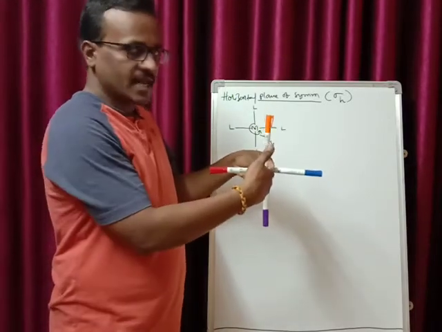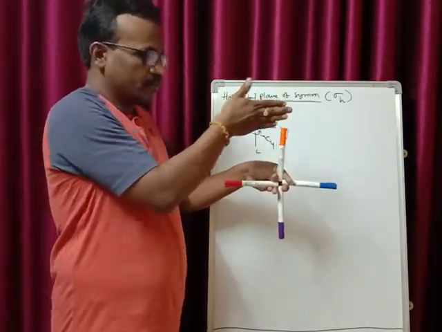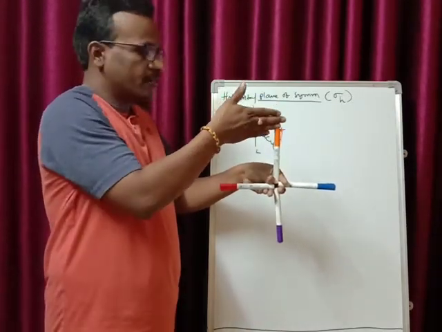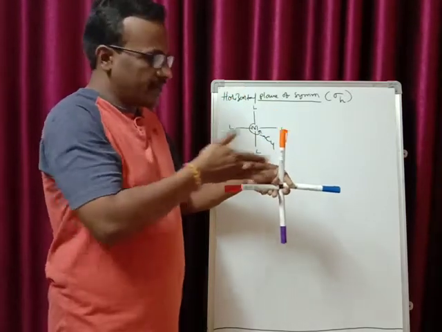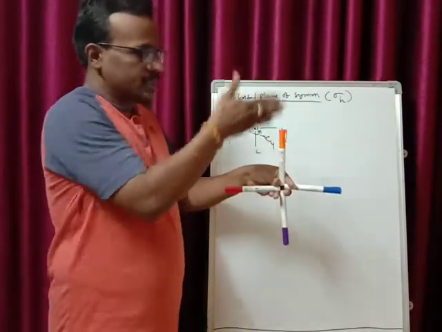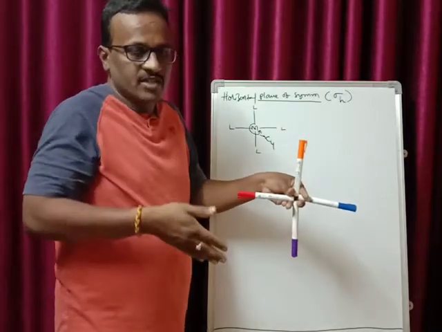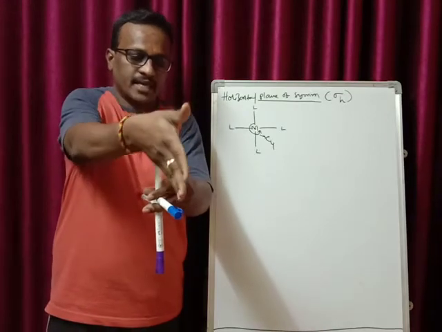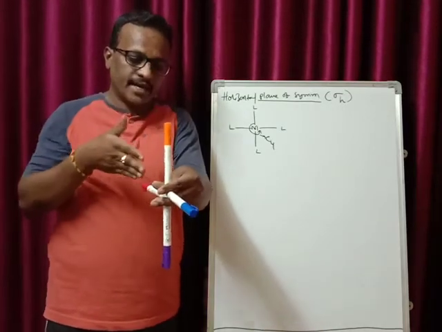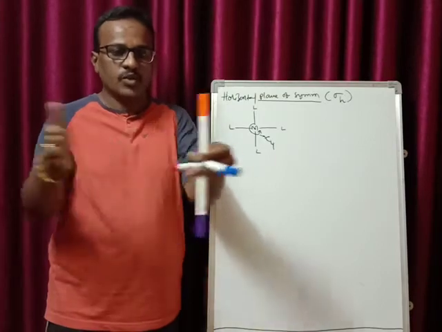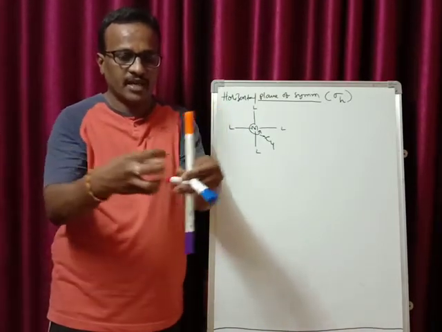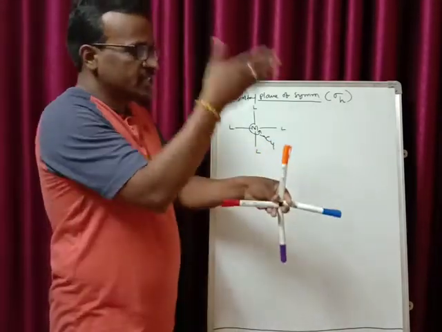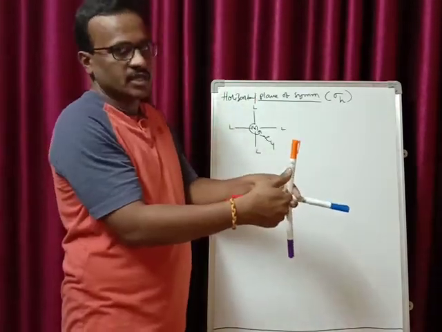Now your principal axis is like this, and if I cut this molecule along this plane, I am cutting from the center of this ligand, touching this ligand and the metal, like cutting a bread from the center, and you get 2 equal halves. Here also I am bisecting this molecule from the center, touching all these ligand atoms and also the central metal atom. If I separate them, I get 2 equal halves. Therefore I say it has a plane of symmetry, since this plane is perpendicular to the principal rotational axis of symmetry.